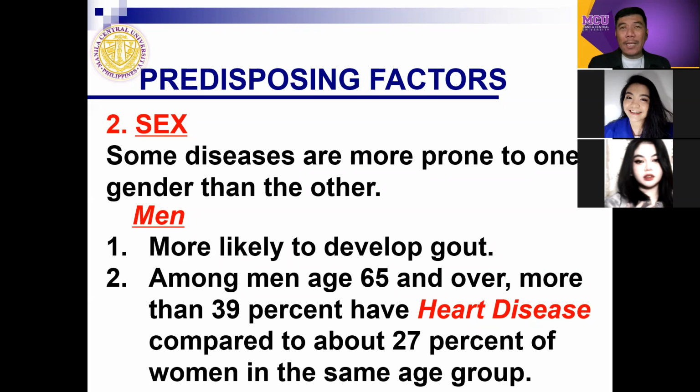Another, among men aged 65 years old, 39% of the population po ay basically on the heart diseases compared to 27% of women in the same age group. These are based from evidence-based findings. Kaya you need to take into consideration na okay pala, by age of 65 pala, high risk na sila. Kaya pag sinama nyo po yan sa predisposing factors, class pwede nyo i-separate yun ha. Kunyari, for example, ang age niya, modifiable at the same time predisposing factor siya. So pwede nyo